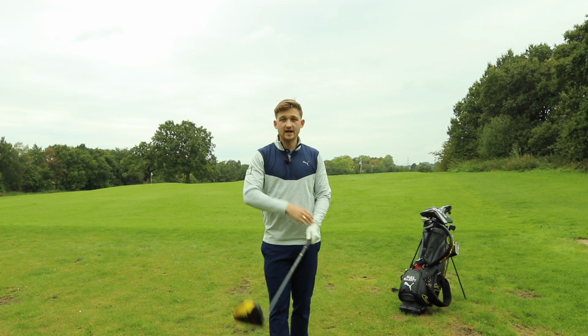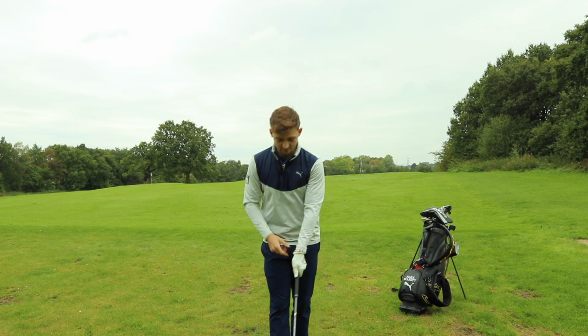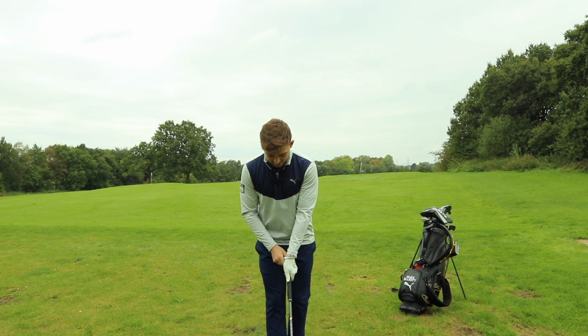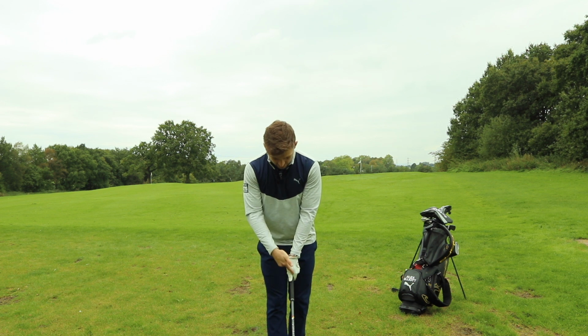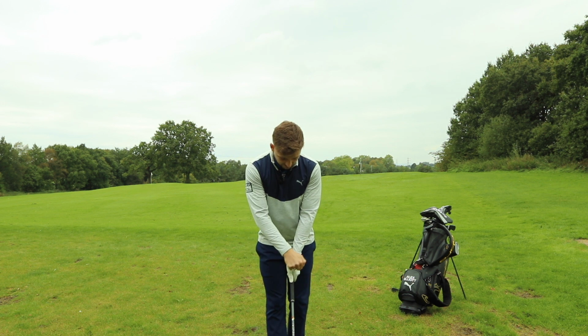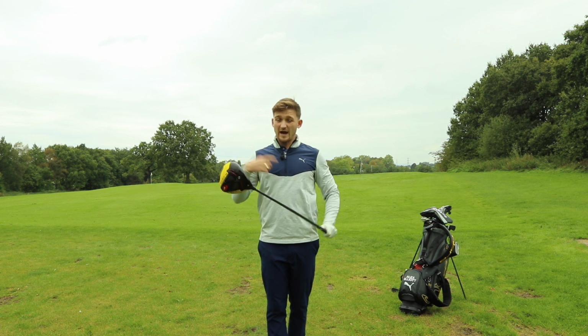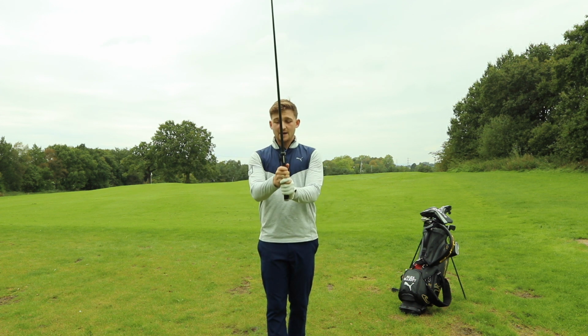So I want you to dedicate an old glove in your golf bag to being a practice golf glove. So every time now I take a grip of this golf club, I know I've got the same grip. I've got this crease between my thumb and my forefinger pointing into my right shoulder, and I can see the 2 purple marks on my left knuckle. So every single time I'm taking that grip, I'm training the